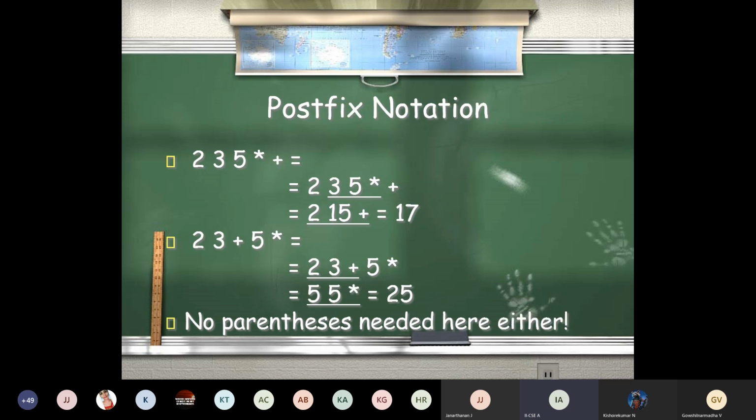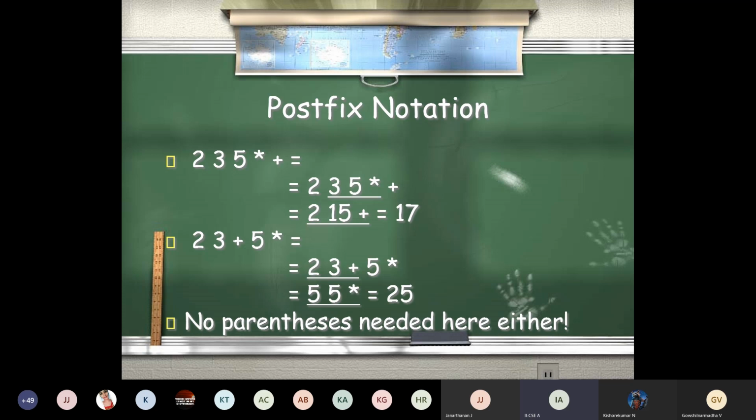Similarly, in the case of postfix also, where your operator is placed matters. Just analyze this expression for the same 2 plus 3 star 5. If I want to evaluate 3 into 5 first, I have to place 3 5, and immediately I want the star. This means that I'll evaluate 3 into 5 first, because if I'm having a star, immediately to the left hand side of that star you will have 2 values. In that, the star will be applied. So 15 will be computed. So your expression will go like this: 2, 15, and then you have a plus.